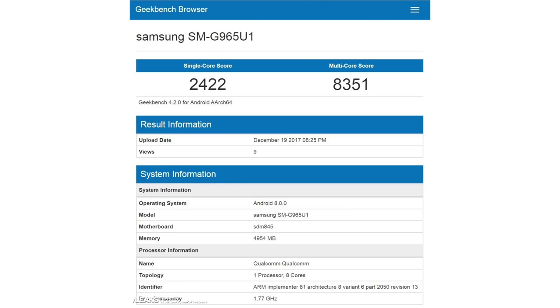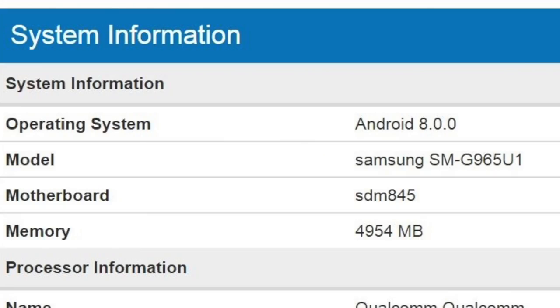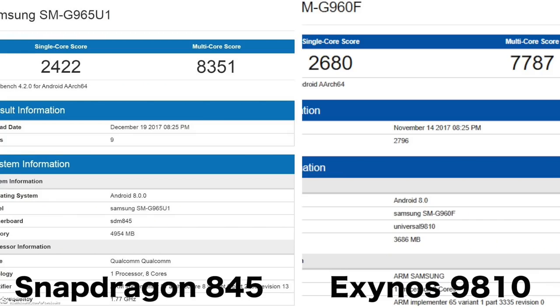The Snapdragon 845 processor is really powerful. We saw this benchmark leak last week, and correction, it is S9 Plus, not the Galaxy S9, so you can see the model number, and the RAM says 5GB, but it's actually going to be 6GB, so we've seen this in other benchmark leaks as well, so don't worry about it, it will be 6GB of RAM. You can see the Snapdragon 845 scores better in multi-core than the Exynos 9810 variant of the S9 as of now,